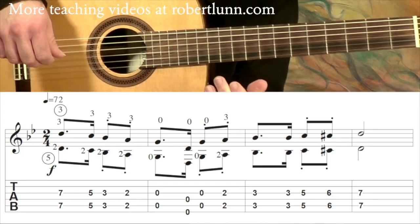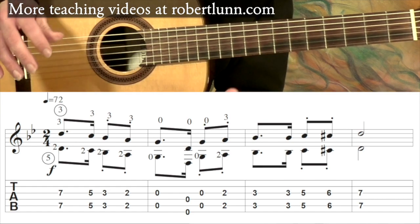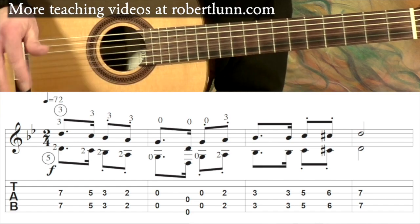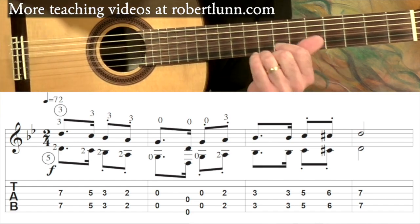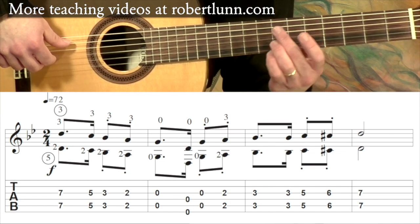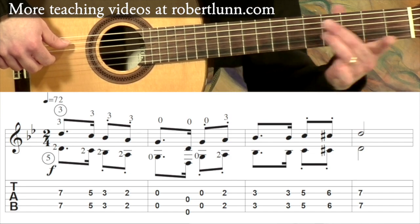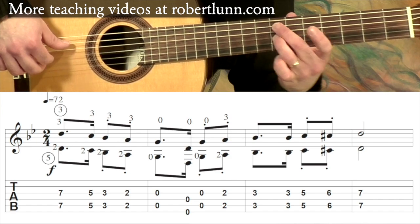All right, let's take a look at the first line. Now the rhythm is going to go da da da da da da da da da da da da da, because we have those dotted eighth notes plus those 16th notes. Now as far as the left hand fingering goes, I just use these two fingers and I just move them down. So it's